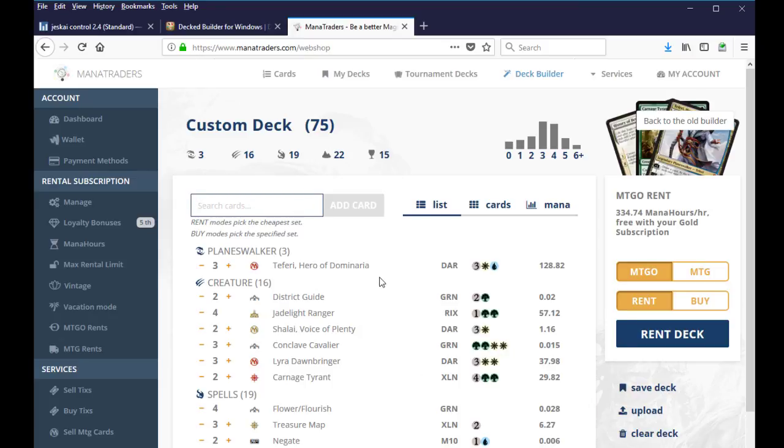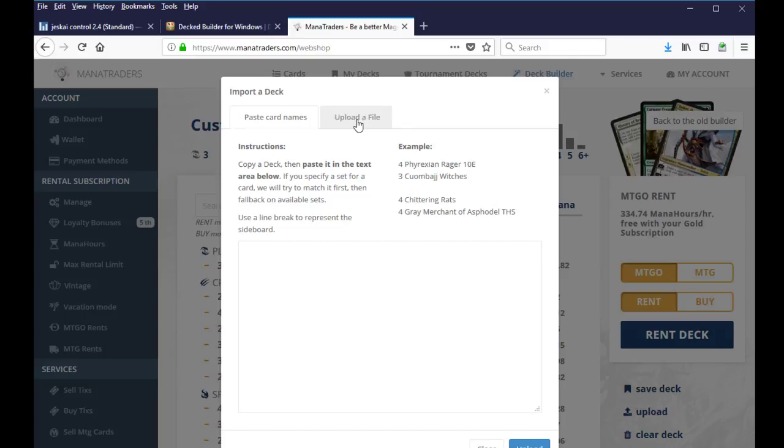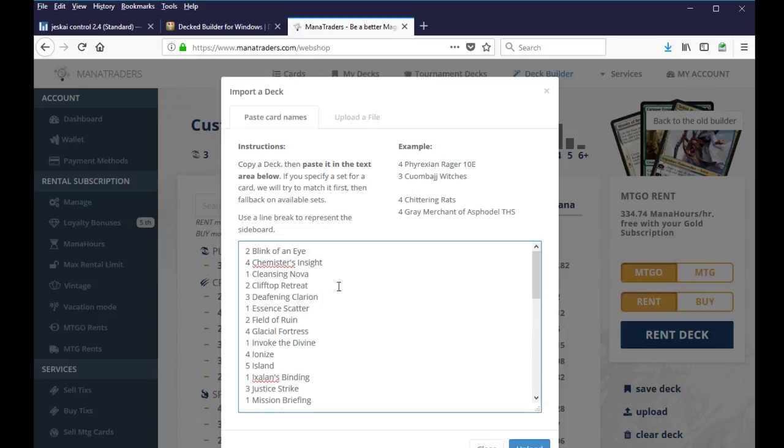I download and upload decks a lot. So all you gotta do is the same thing. Go to upload. You can either upload the file, or since I already have that other file open, just click paste, and it has all the cards. It gets kind of tricky if you have split cards, because for example, some split cards will be like that, and then it won't read the card. So the way that it's supposed to read the card is like that. Just for example, but that's not a split card, so don't worry about that. And then you hit upload,